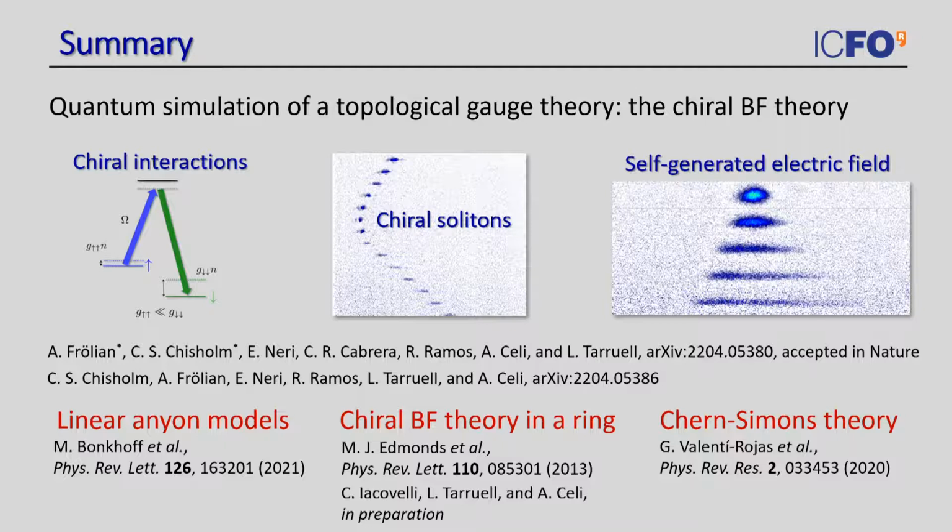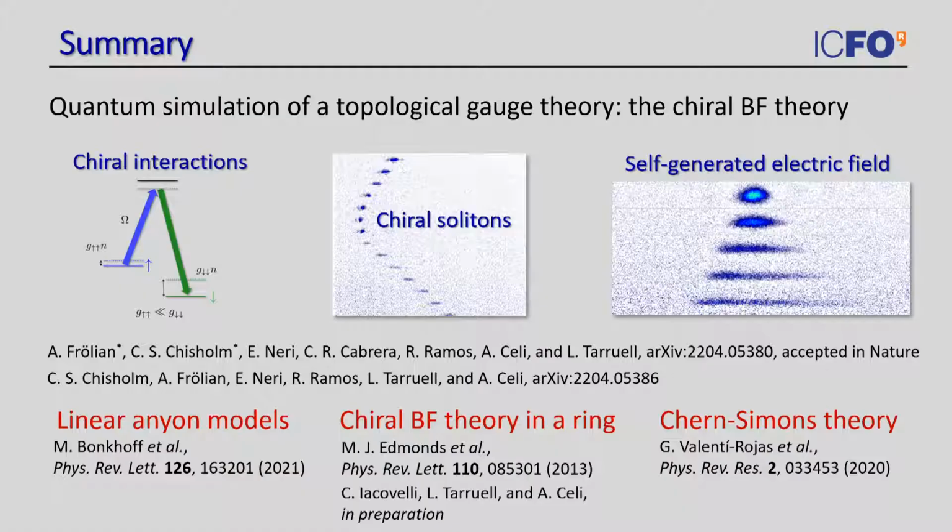Then, second, I showed you that we can see these self-generated electric fields. But once you have one thing, you always get greedy and you want more. So you would wonder, can we create self-generated magnetic fields? Initially, we thought we cannot, because if you have a 1D system, you don't have perpendicular directions, so how are you going to compute a curl? But actually, there is a way out, which is if you make your 1D system a ring, because then you can have a magnetic field that pierces the ring, and you will see manifestations on it.